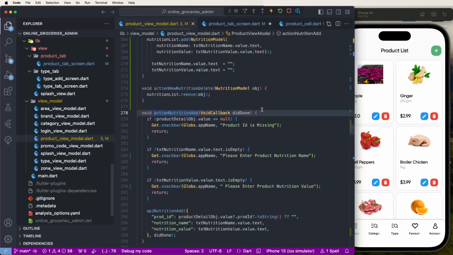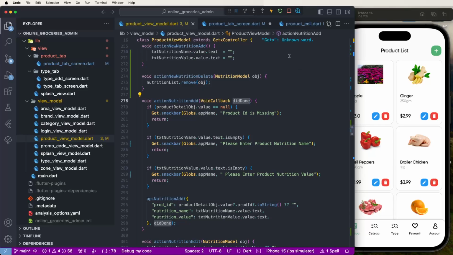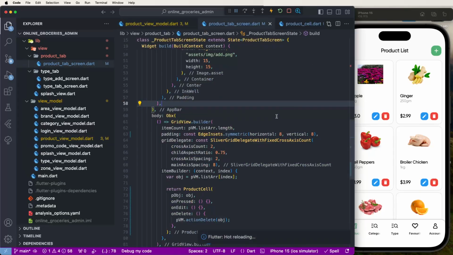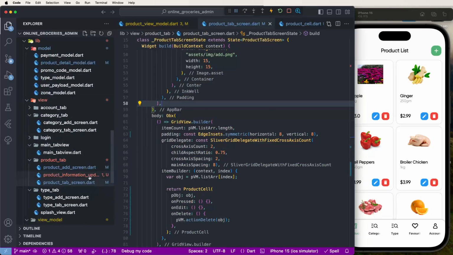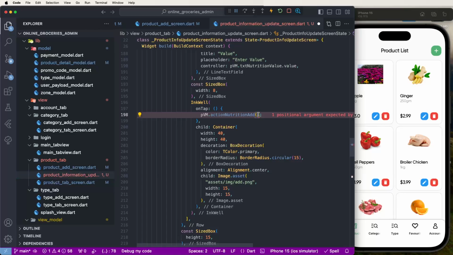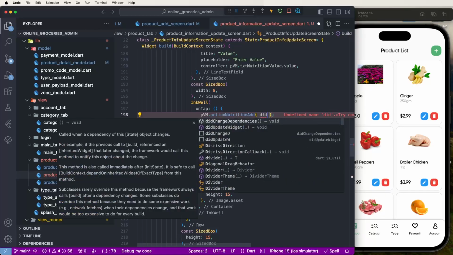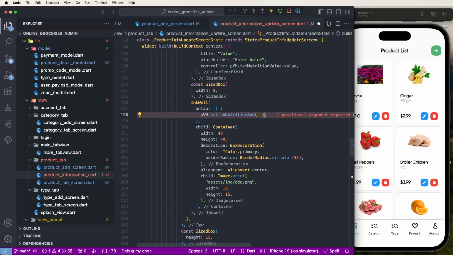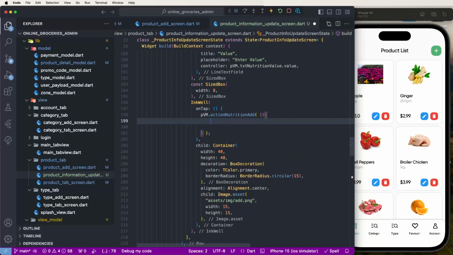Take here these actions, done callback. Now need to go inside the updates and now need to call here did done and to call this here